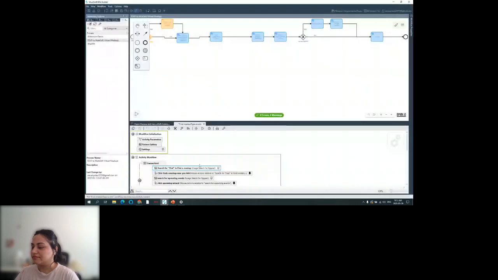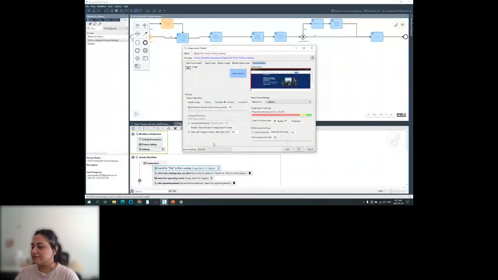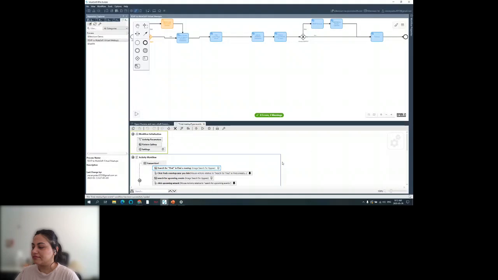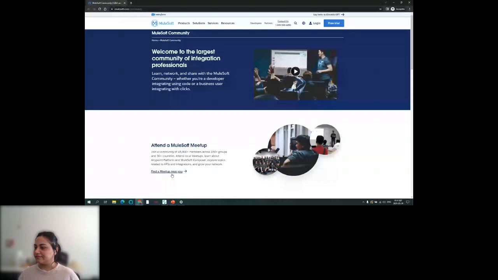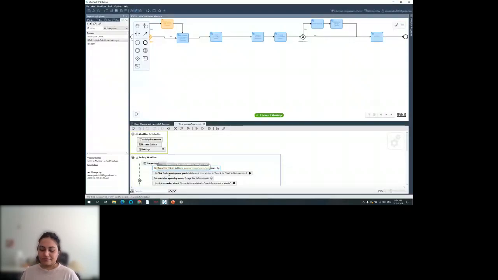Okay, and now that we found the image with find, what is the next step? So you have to imagine how a manual user does the manual process, right? So the next step is to click on this. I need to click it. Unless and until you are telling the bot to click, it won't click, isn't it? So those steps are really necessary. So now let me go to here. So click find a meetup link.